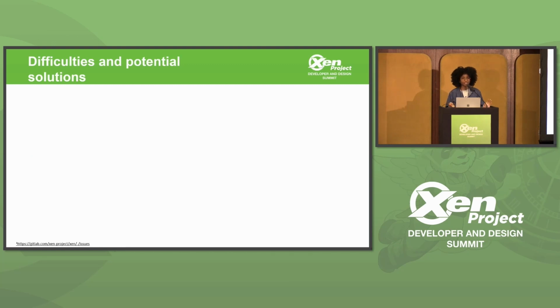So working on Xen was challenging. Sometimes it was hard to figure out what work had to be done. When I started, myself and another intern, we were given a list of tasks by Andrew. But it didn't feel that there was a centralized platform for any Xen contributor to know of work they should be doing. I even found that there was a newbie that emailed the mailing list to ask, oh, what work